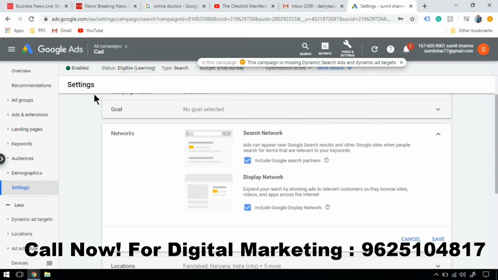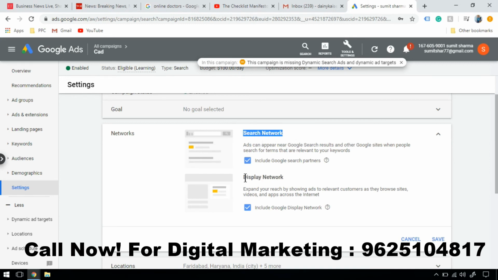So now we are in the campaign network setting where we can see the search network, display network and Google search partners again. So I would like to introduce two new terms to you. One is pull marketing and another one is push marketing. In terms of search network, when the user is specifically searching for your product or services or goods, then they are ready to buy, and it's called pull marketing. When the marketer is pulling the customers who are already interested in a similar or the same product, and they are actively searching as well, this is called pull marketing.